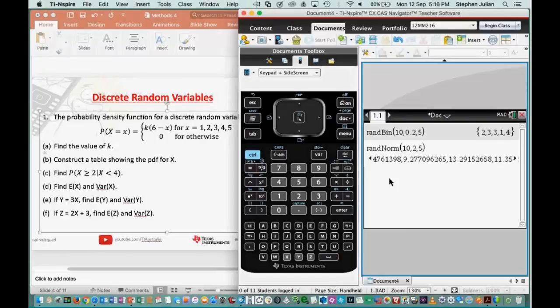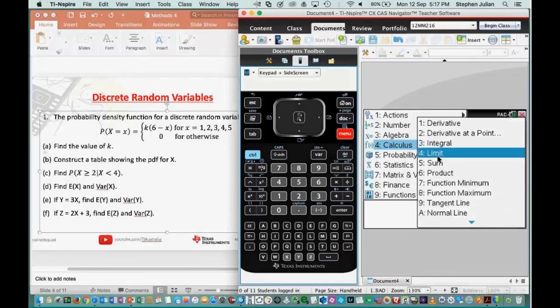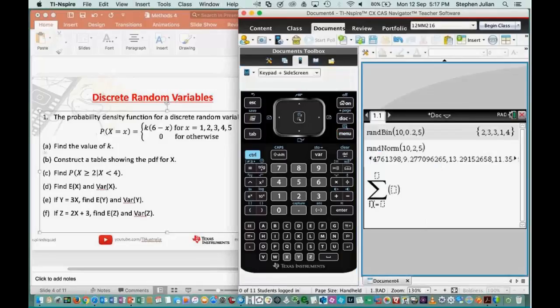So again, we could use the idea that Brian mentioned, that obviously being a PDF, a probability density function, our sum of these values should be 1. Again, it is a discrete situation, so we can't deal with area here. We've actually got to look at individual values. So one way we could do this is go into menu, and we could go into calculus, and under calculus number 5 is sum. So if we did that, now our values here, we're talking about x being between 1